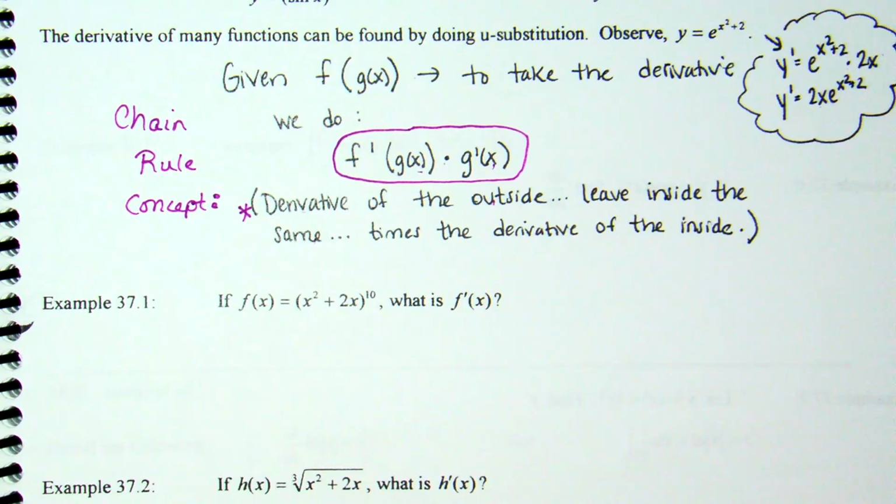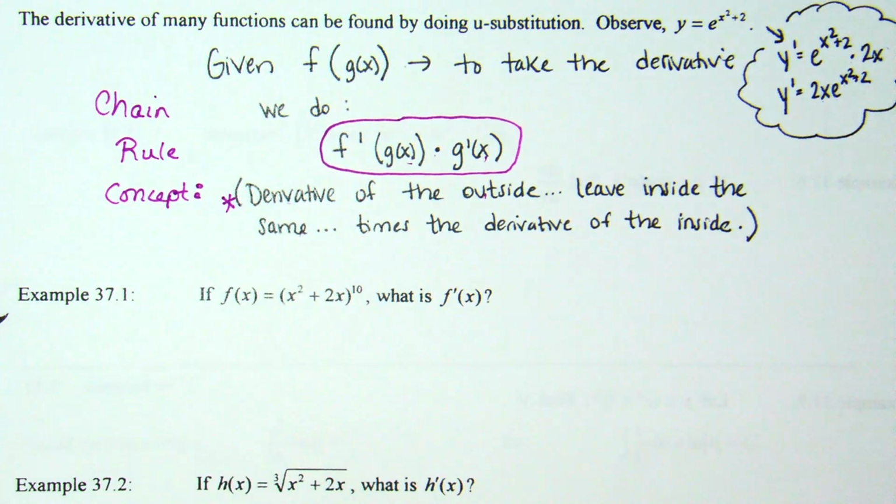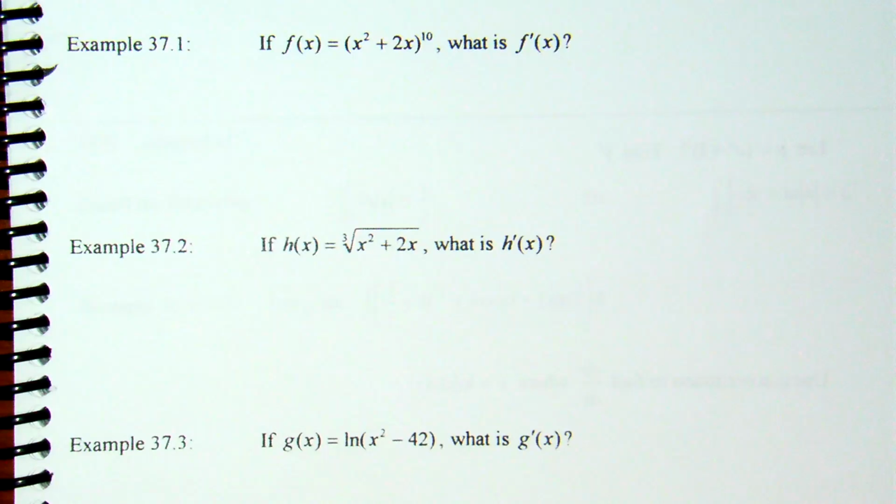Okay, sorry, side note, h of x. We need to rewrite this as something to the 1/3, because as it is right now, we don't take the derivative of cube roots, do we? So I'm going to rewrite my original problem as x squared plus 2x raised to the 1/3. So Nathan Pepper answered this question, what is it? What is the